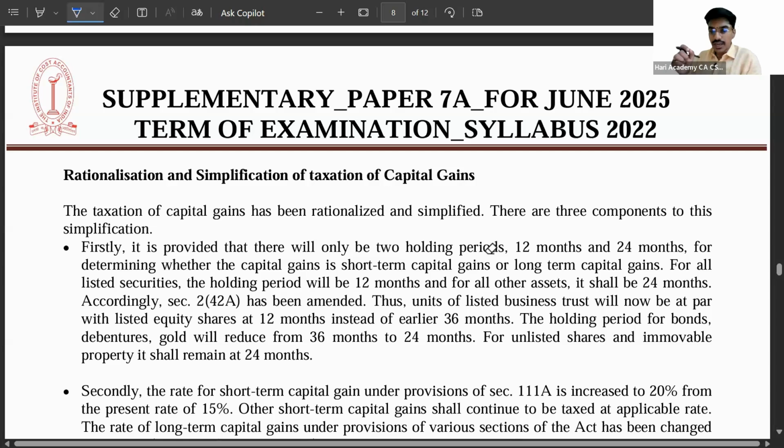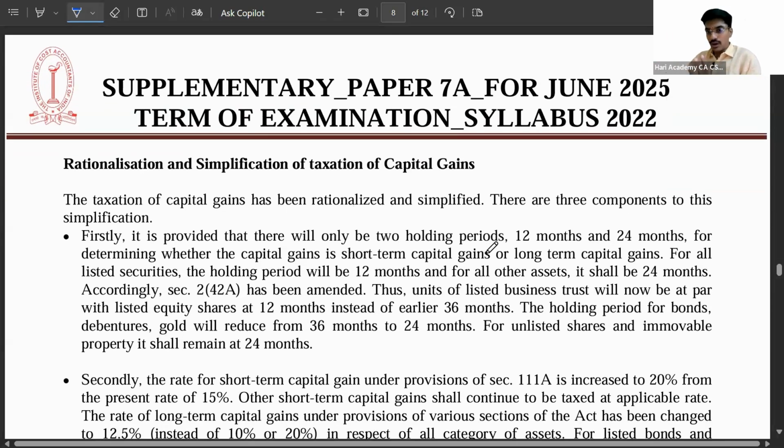112A is specifically for long term listed shares. Or to put it in a different terminology, the shares for which STT has been paid at the time of sale. Hope this is first clear. Now,